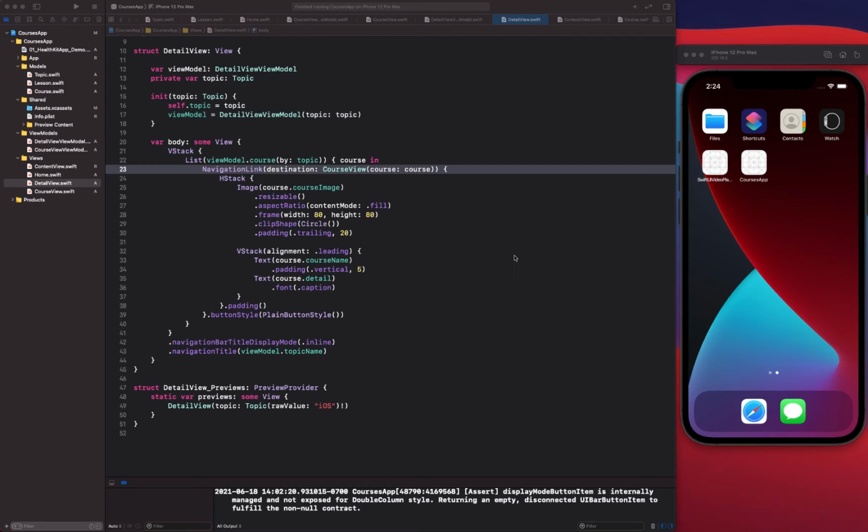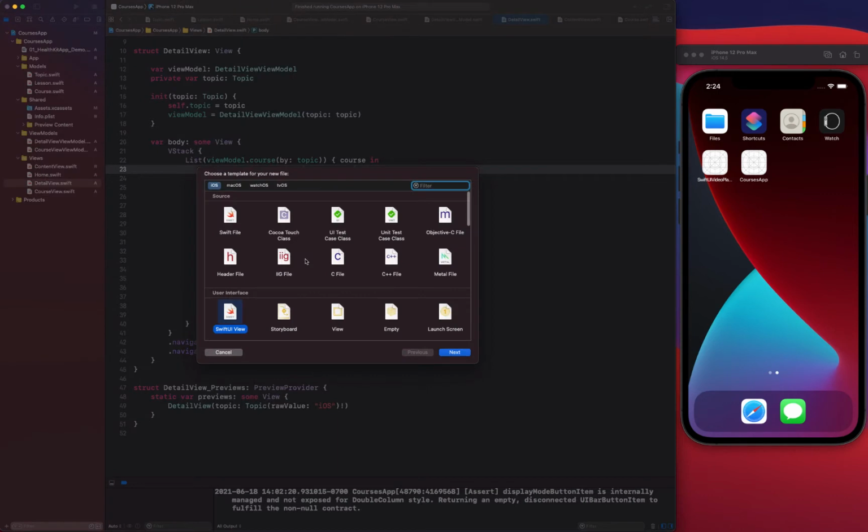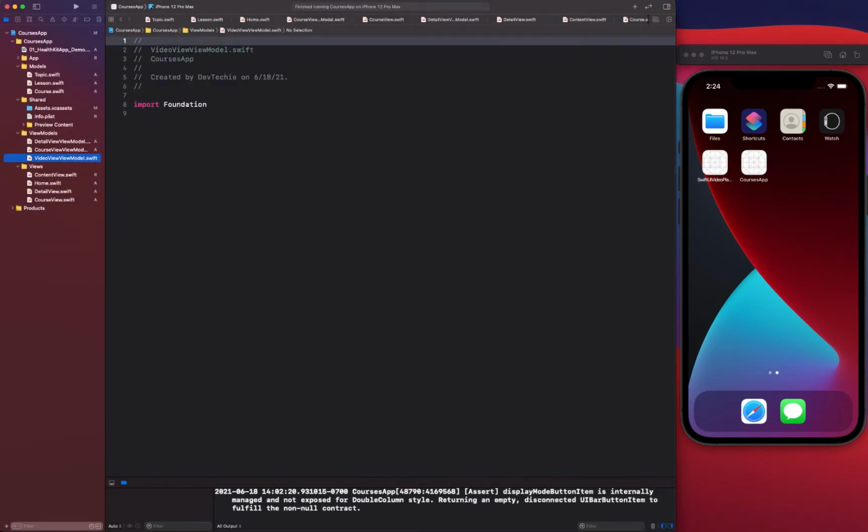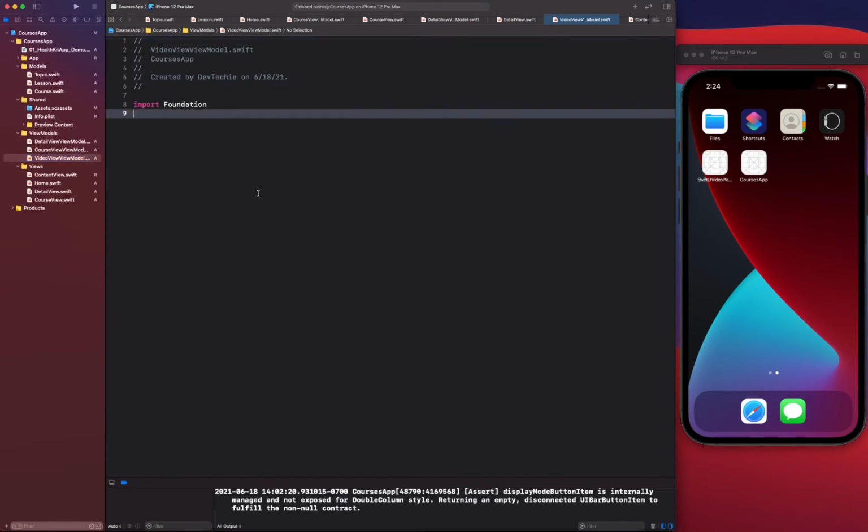All right, so let's go ahead and create our video view. Before we create our video view, we're gonna create a view model for that. So I'm gonna select add a new file, select Swift file template, and we're gonna call this video view model. Okay, and video view model is going to import AVKit because we need to